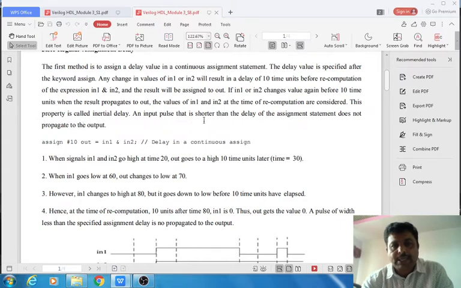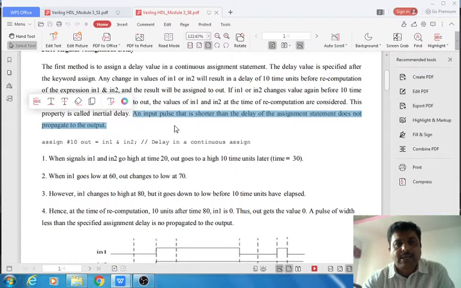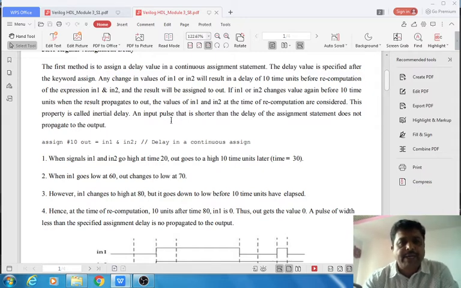An input pulse that is shorter than the delay of the assignment statement does not propagate to the output. Each and every gate by default has its own default delay, which is also called inertial delay: an input pulse that is shorter than the delay of the assignment statement does not propagate to the output.